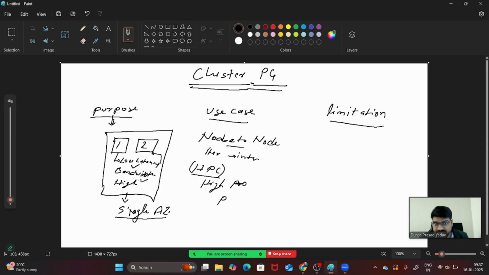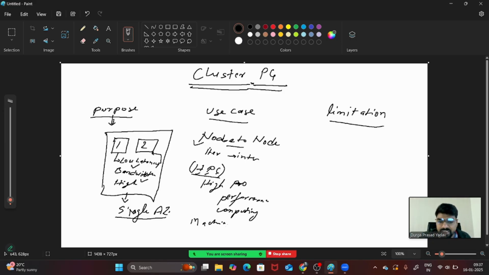So I was telling you the purpose is to provide low latency and high bandwidth. The use case is if you need node to node communication, or if you need high performance computing, at that time you will be using a cluster placement group.